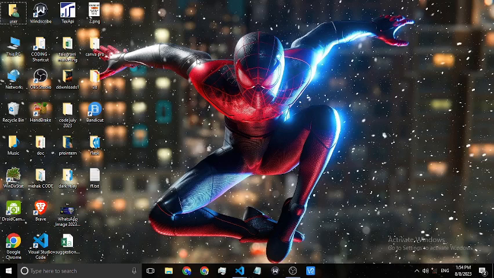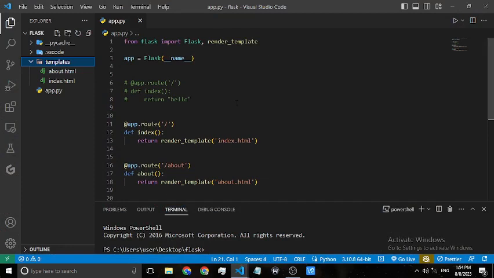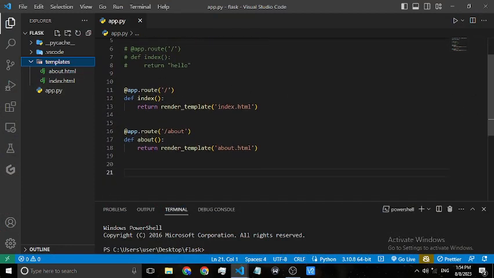So hello guys, and let us start with the second part of our Flask video. In the previous part, we saw the routes and how we render a template for a given request. If it is about, or index, or home, we render the respective templates or HTML pages. In today's video, we'll look at how we can pass data